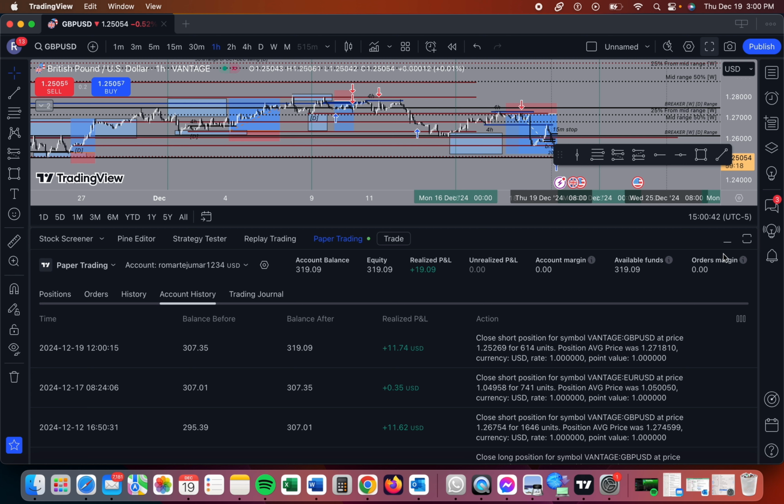So it is possible. When I am confident enough to enter a real trade with real money, I will just copy this account balance of $300. I will just put $300 and then apply what I've learned here in my training session. This session will serve as my stepping stone to enter real-world trading money. So as of now, I'm already at $19 realized PNL, and I'm using a